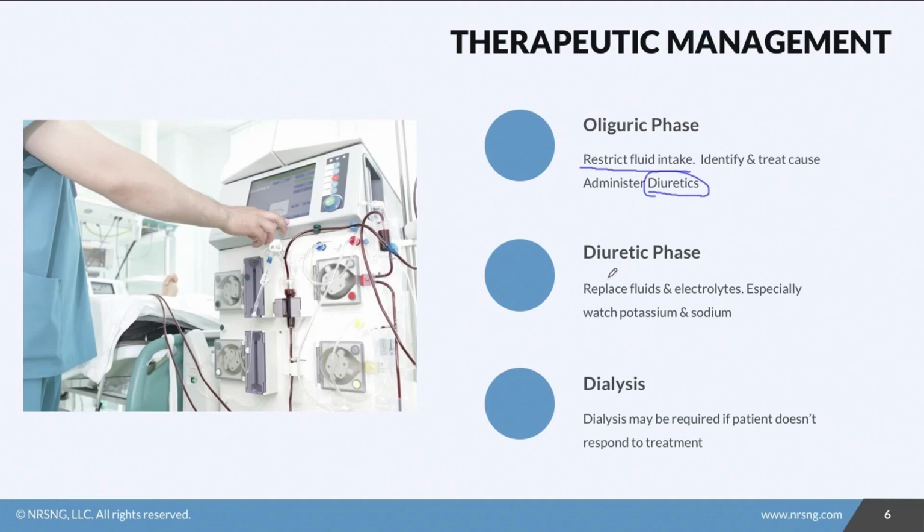Now, once they hit the diuretic phase, we want to make sure we balance their fluid status and replace any electrolytes as needed. We especially want to watch potassium and sodium because those can be life-threatening if they're outside their normal range, even by just a little bit. So if the patients don't seem to be getting better or aren't responding to treatment, we may need to start them on hemodialysis. Now, we'll talk about that more during the CKD lecture, but just be aware that if we can't get this fluid off, we can't regulate these electrolytes,